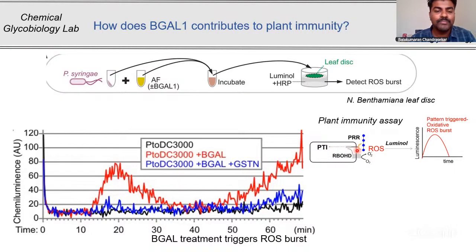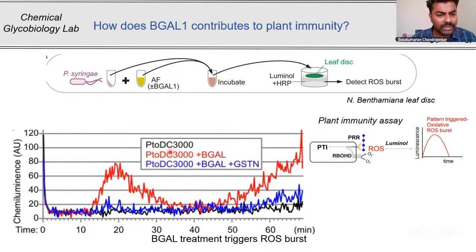Together with that, an important enzyme will be activated, called RBOHD. This will activate the reactive oxygen species production, and this reactive oxygen species production will activate the luminol. As a result, you can monitor the luminescence which is going to be generated. If there is luminescence being generated, this is an indication that there is an elicitor present in your sample of interest. So having this pipeline in mind, we went in and looked at what is happening during the bacteria and BGAL interactions.